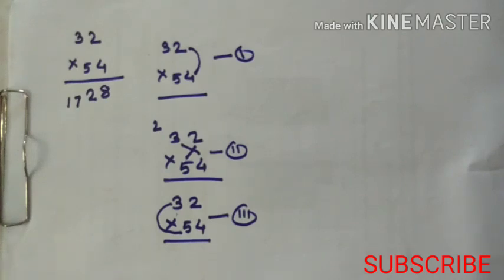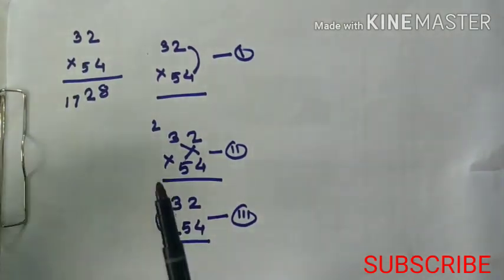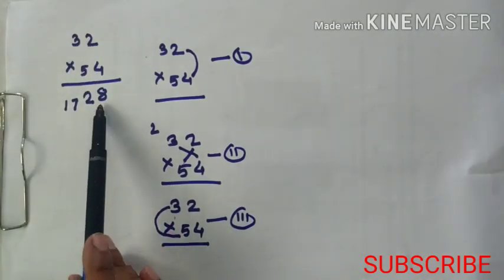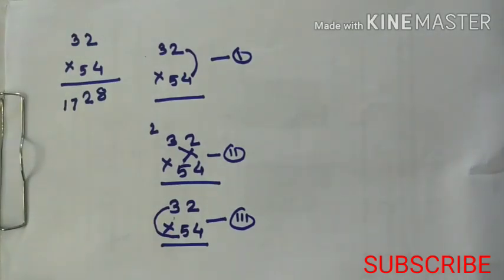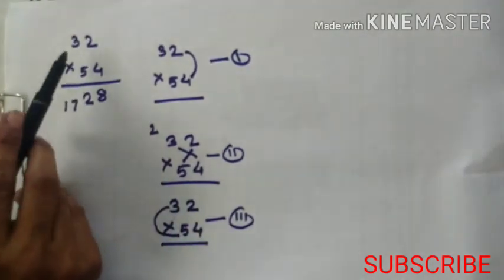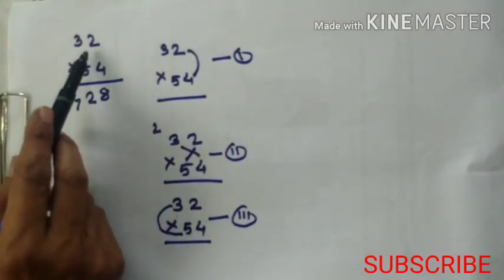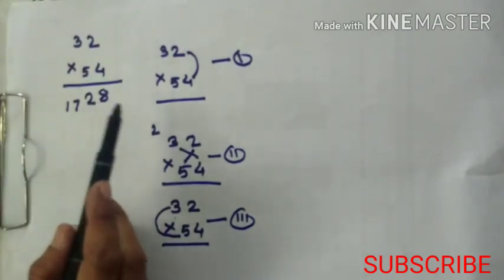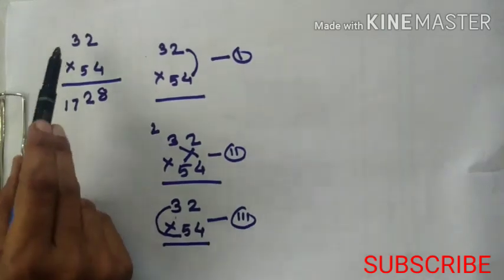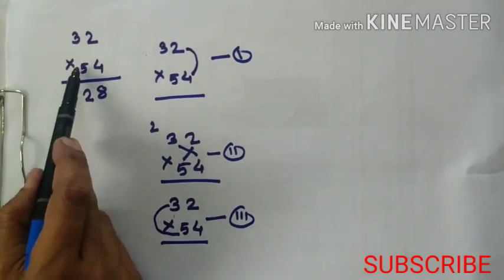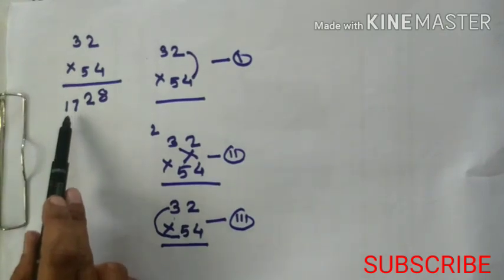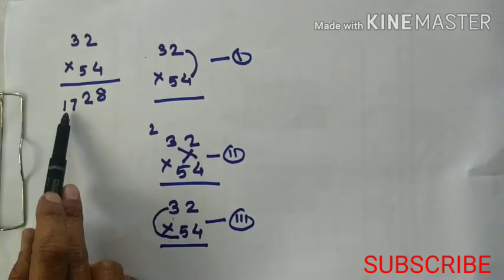I am explaining once again. In the Vedic method we perform the multiplication of these two numbers. 2 4s are 8. First step we write 8 here. Then cross multiplication and addition. We made the multiplication 3 4s are 12 and 2 5s are 10. Their addition is 22. We wrote 2 here and carry 2. Now the multiplication of these two, 3 into 5, gives 15 plus carry 2 added, 17.